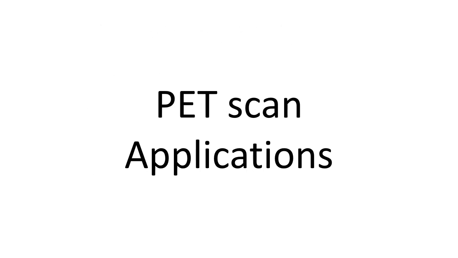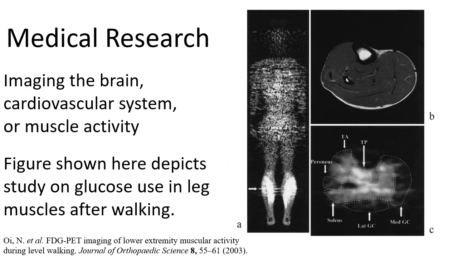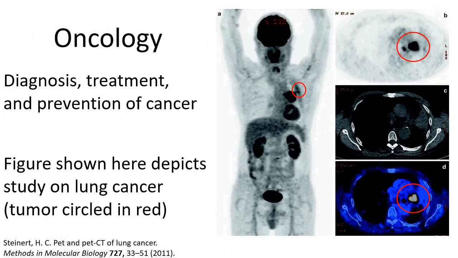Now, some applications of PET scans to close things off are in medical research, where you can use it to image how the brain, cardiovascular system, and muscle activity move glucose throughout the body. For example, this image is taken from a study that shows how glucose is distributed through the leg muscles of people before and after walking, and PET can also predominantly be used in oncology, the diagnosis, treatment, and prevention of cancer,